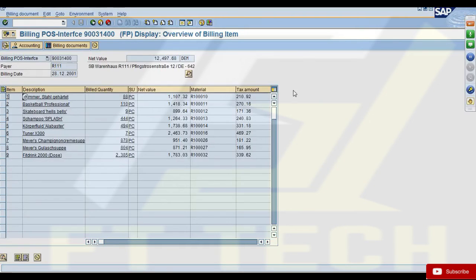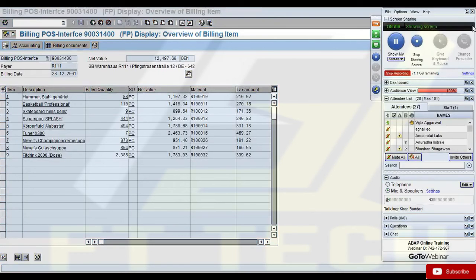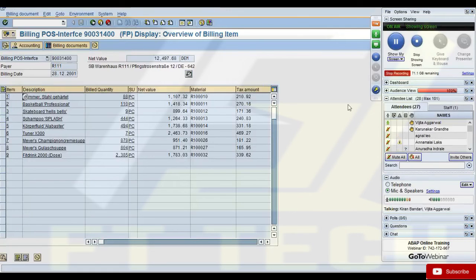Well, the whole idea is how to find out something, not about how much you remember. It's all about, if you don't know the table from which you have to select the data, how do you find out which table you need to select the data from? If you know that, that's sufficient. Okay. Because it's really impossible for anyone to remember all these tables, and all you need to remember is the major transactions and major tables. Right. And the best way to remember them is not by memorizing, but by working on these requirements. When you develop your programs using those tables, you automatically remember those table names.